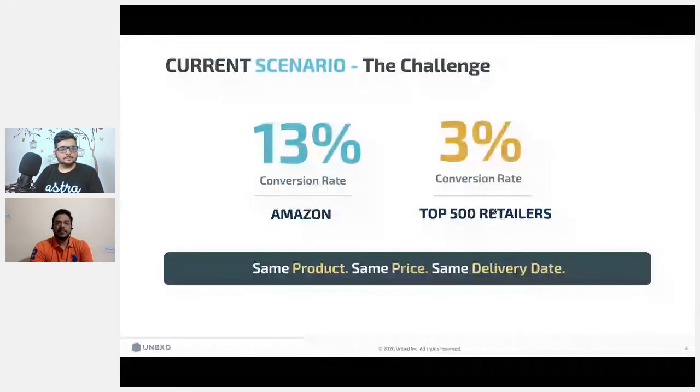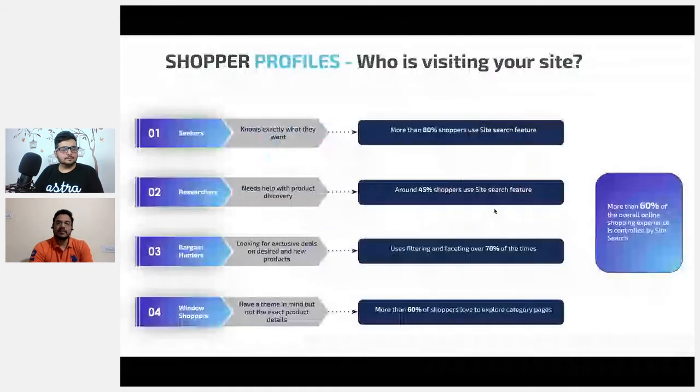Before we understand what impacts conversion, it's important to understand the types of shoppers that land on our sites and how they interact with your e-commerce website. A visitor will almost always fall into one of the following categories. New users use the search functionality almost 80% of the time. For a returning user, personalization is a key aspect in driving higher conversions. Bargain hunters look for better filtering options to get to the most lucrative offers. And finally, window shoppers can be drawn in by good banner personalization for brands with which they have stronger